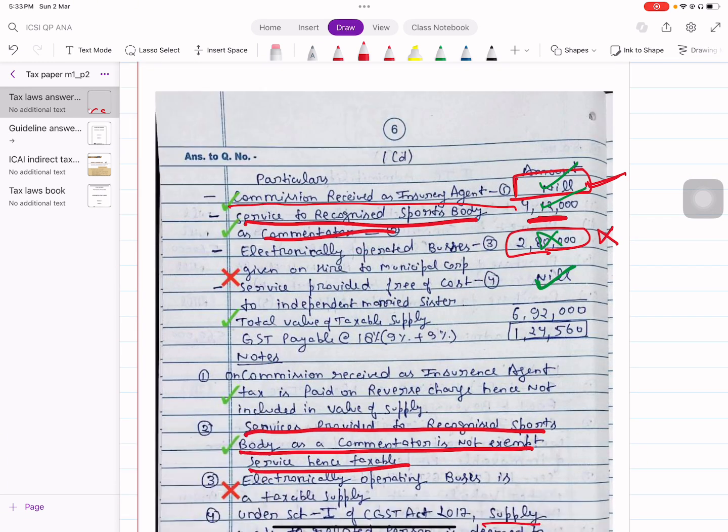Now the exemption list and RCM list is a very long list. We cannot possibly memorize it, but what we can do is to write it sometime. I mean, if you have just started studying GST for this paper, don't touch the RCM list or exemption list. Once you have completed the full topics of the book, then you will move on to the RCM list and exemption list. Now what you will have to do is to make a short note.